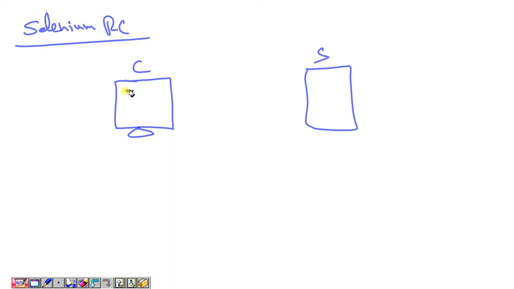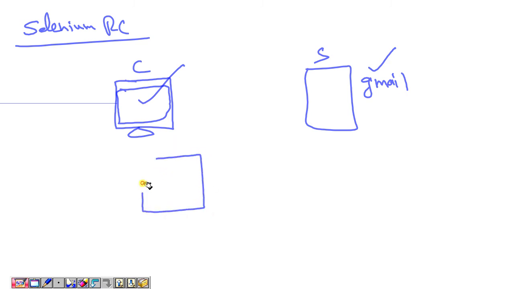For example, the client is your system, and the server is Gmail. If you want to access Gmail on the client system, the server must be running, and only then can you access it. In the same manner, in RC, RC is the client and the Selenium server is the server. If you want to start Selenium RC, you must start the Selenium server.